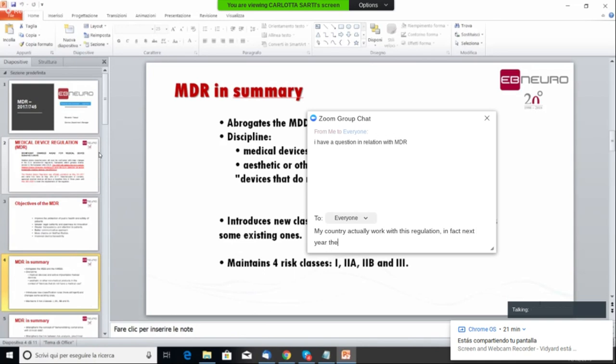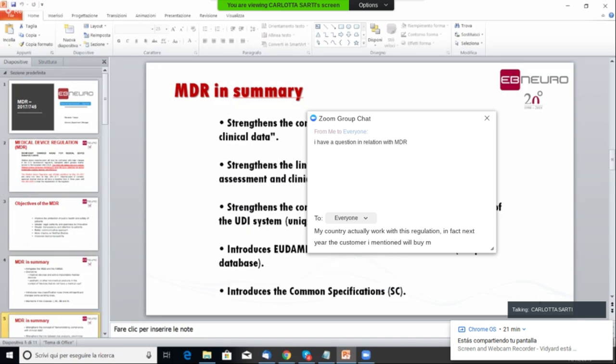Okay? But I need to talk about this because in the summary the MDR has also added the stringency and the concept of the demonstration of compliance with the clinical data. So in the past we could get our certification because we used the literature.